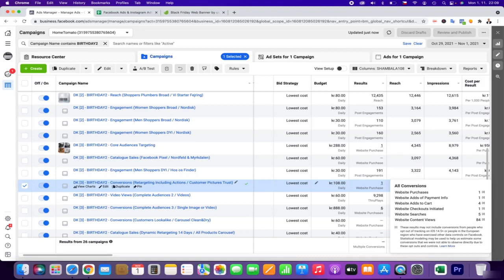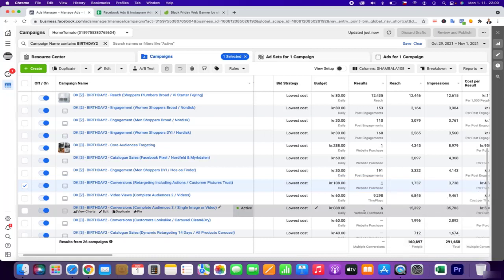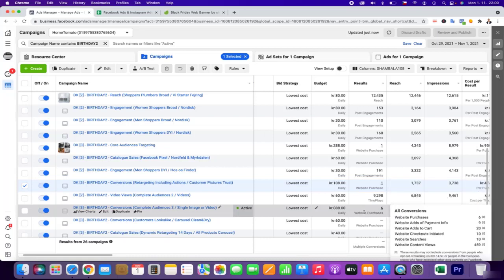So you are building the trust, you are showing the pictures of other customers, you are showing the reviews, and actually there have been add to cart actions and content views, so you can predict that it's helping you to produce sales.